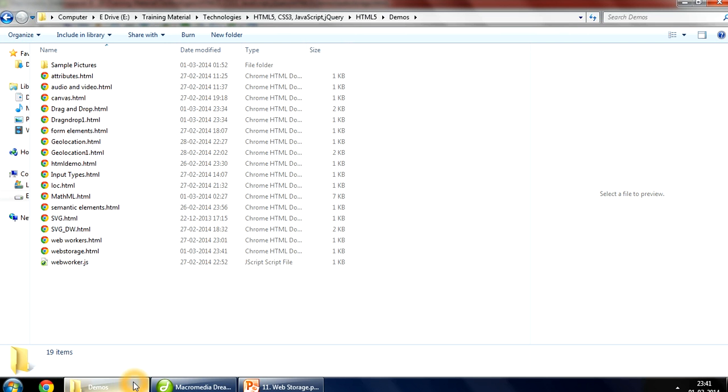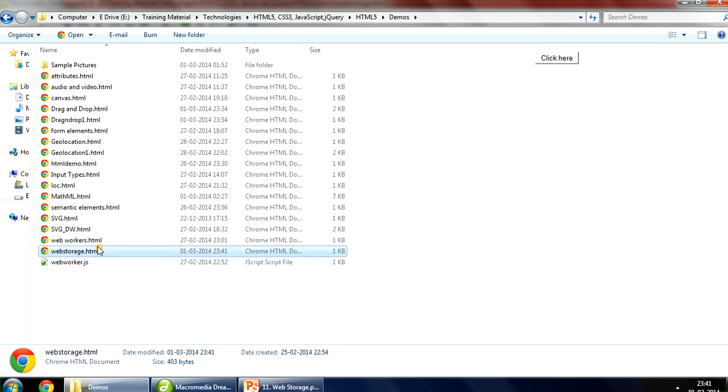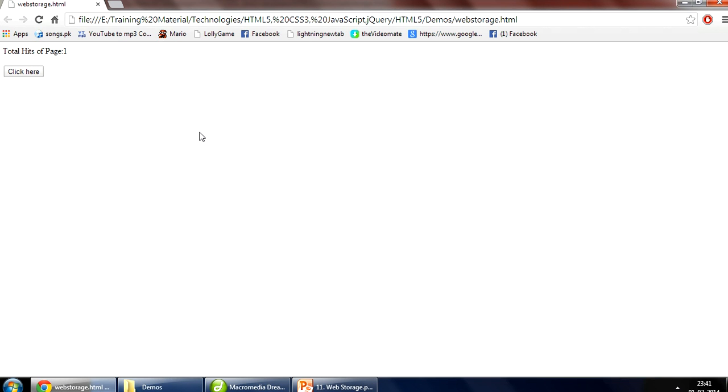Now I can see that the total hits of the page is 1. If you refresh it, you can see 2, 3. Like this you can count the number of hits.